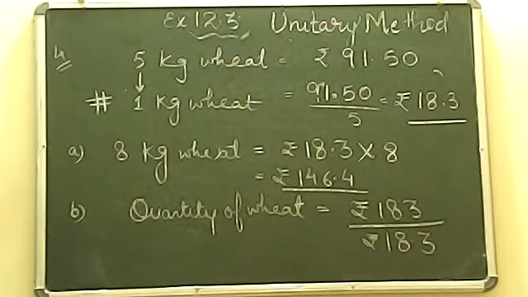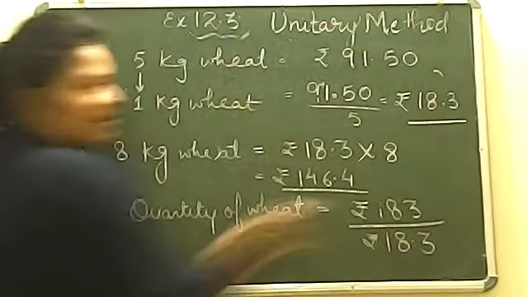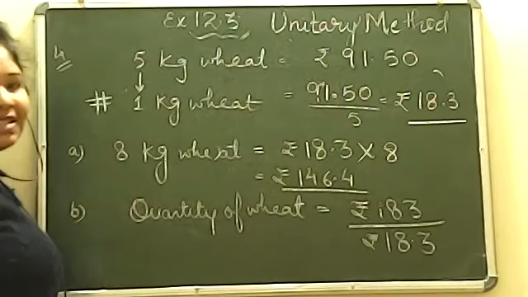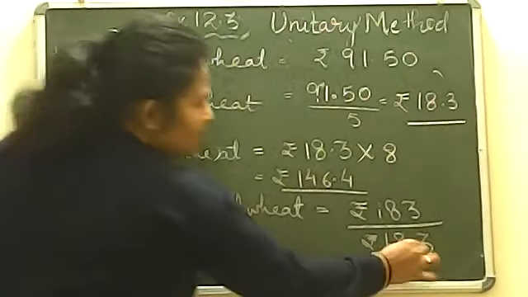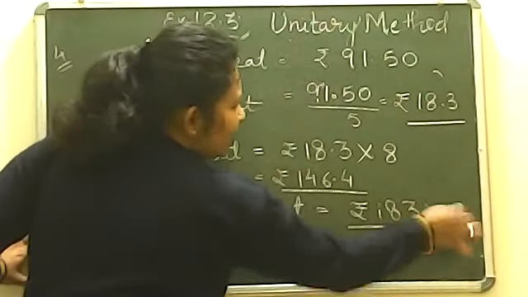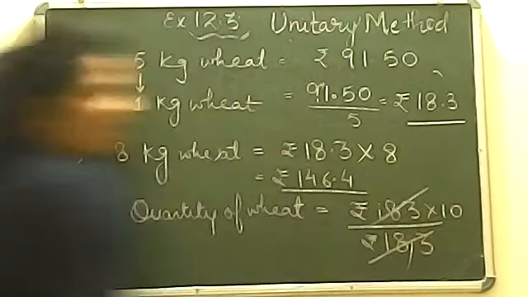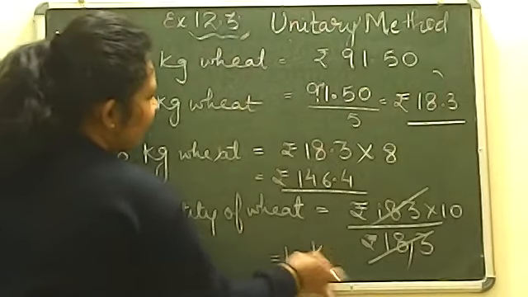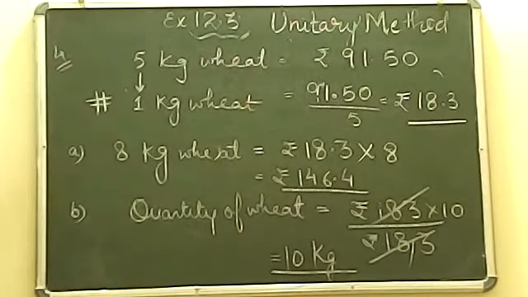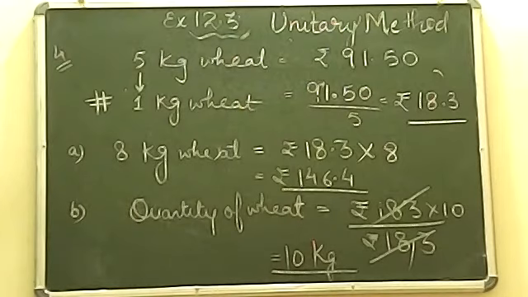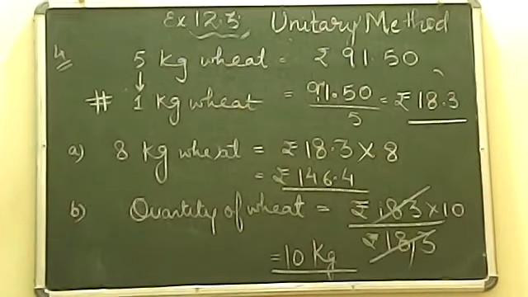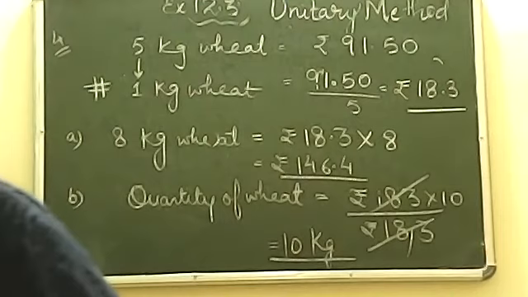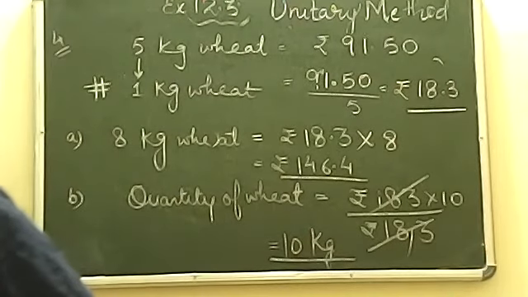Yes, Natik, Sanath, very correct. The answer would be 10 kg because see, the same number is written and removing the decimal was taught by Rajesh sir as well and by me too. See, you remove the decimal, 10 goes up. 183 by 183 will cancel out already because the same number is written and your answer would be directly 10 kg. So remember, 10 kg of wheat will be purchased at rupees 183. This question is finished. Ayush, please tell me, because this question was yours. Have you understood or not?